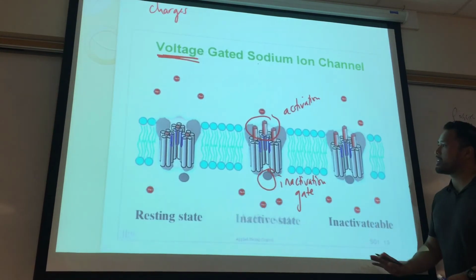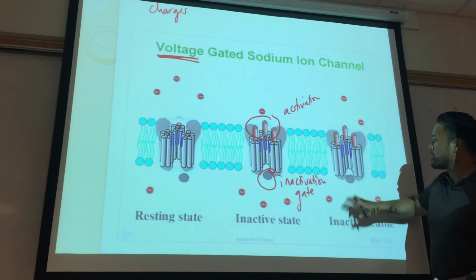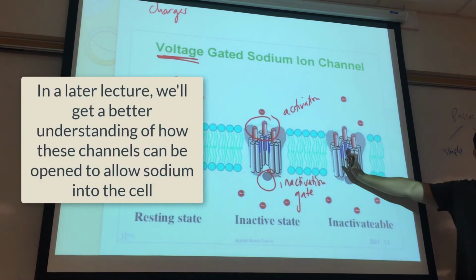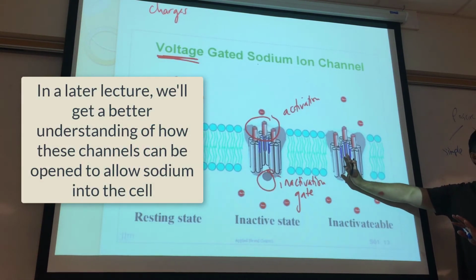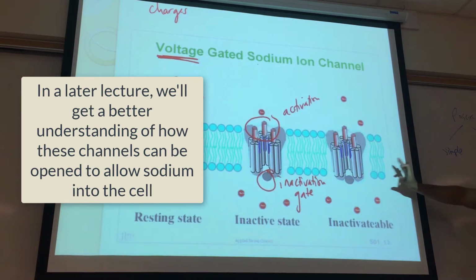And eventually, once you get the ions moving through, that's going to cause a change in the voltage that's going to result in this inactivation gate closing, which is going to prevent things from moving through. That might not make sense now. I can tell by some of your faces you're looking at it and you're like, what is he talking about? That's okay. We're going to revisit this when we talk